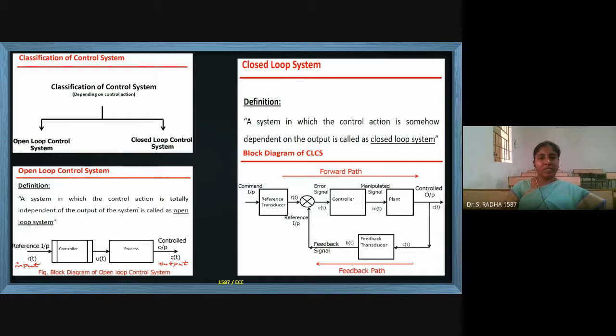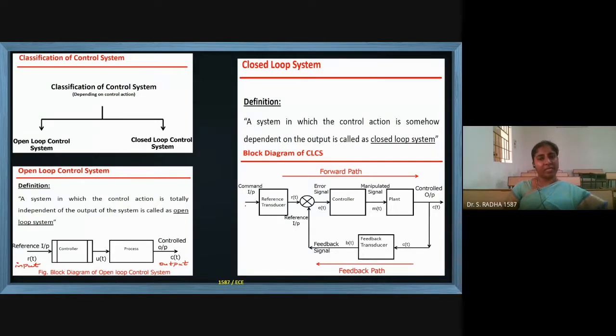For example, in the classroom, if I want to operate the fan, I have a regulator over here. First, I will switch on the switch related to the fan. Then I will operate the regulator. Manually I am changing the regulator, and what I am applying is a non-electrical signal. But when I change the regulator, it is converted to an electrical signal and the fan is controlled. So, a non-electrical to electrical type of conversion.